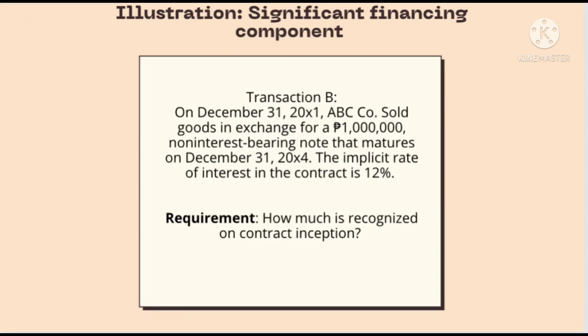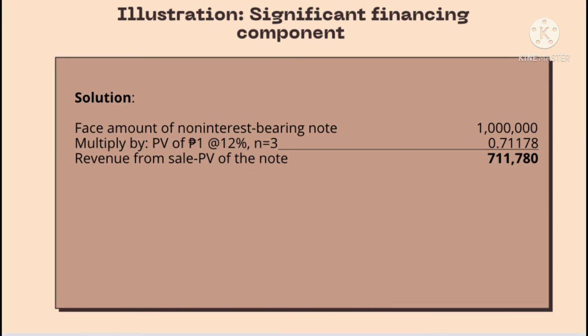Transaction B. On December 31, 20X1, ABC sold goods in exchange for a $1 million non-interest-bearing note that matures on December 31, 20X4. The implicit rate of interest in the contract is 12%. How much revenue is recognized at contract inception? To compute the revenue, we need to multiply the face amount of the non-interest-bearing note, which is $1 million, by the present value of 1 peso at 12% in 3 years. So the revenue from sale, the present value of the note, is